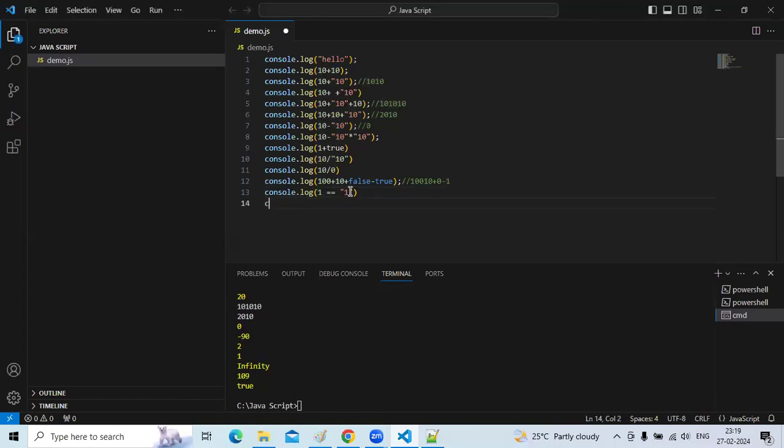Now, again I am taking one more example with the triple equal to operator. Now see what happens. As for the double equal to operator, it came as true. But with the triple equal to operator, it will be false. Why? Because the triple equal to operator compares not only value, it compares the data type also. Okay, value is okay. What about data type? Left side is the number data type, but right side is the string data type. That's why it is not matching, right? That's why false is coming.